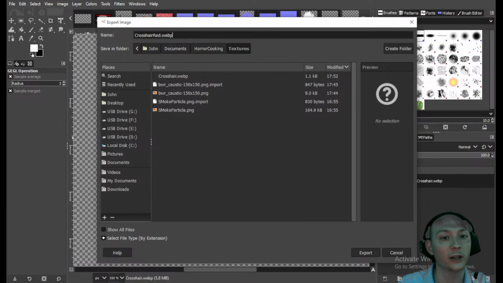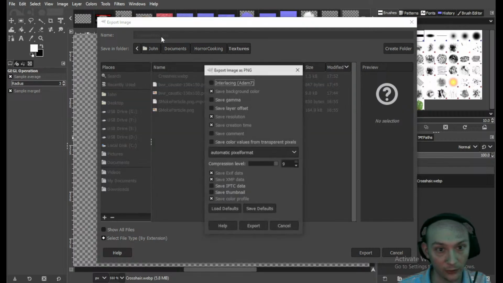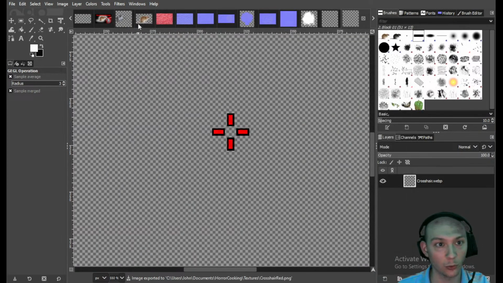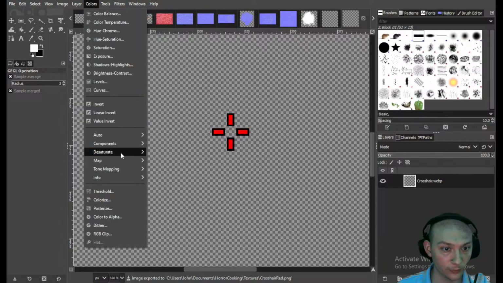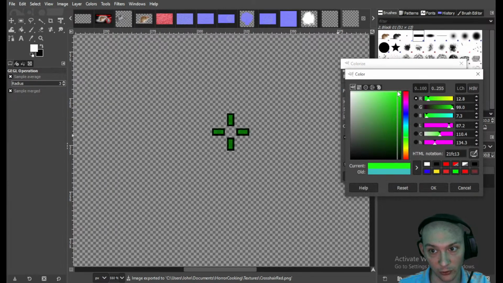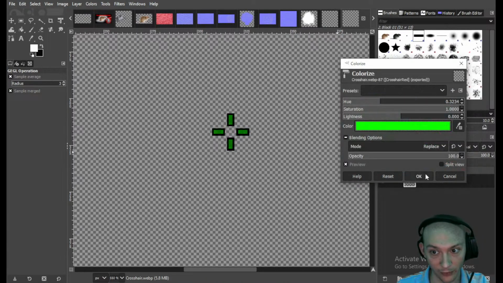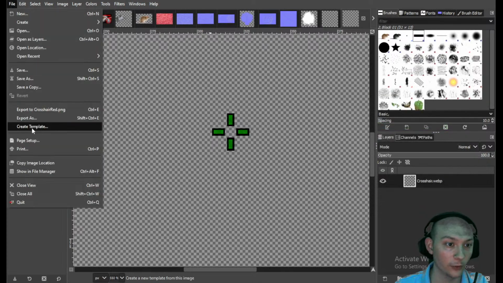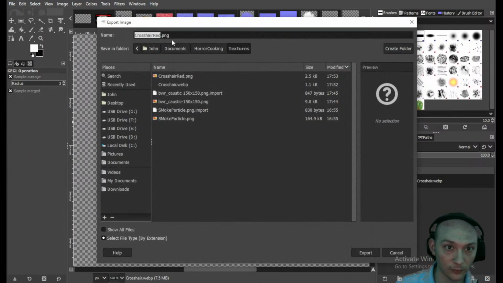And I want to do it as a PNG. And export, and then we're going to go Color, Colorize, and we'll make it green. And that way I could do like an interactable thing, so it changes color based on, you know, what we're looking at or whatever. So, okay, there, File, Export As,